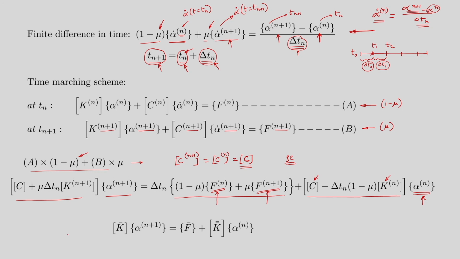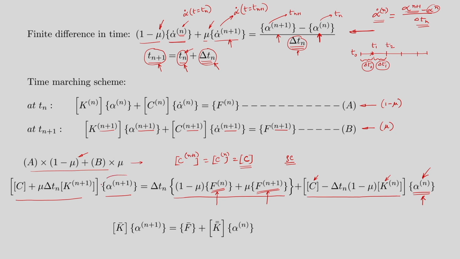So, we only solved for a given load in one step, but here we have to increase the time in steps and at every instant look for the solution. In finding the new solution, we also need to preserve the previous solution alpha n. So, alpha n plus 1 we can obtain from this modified force term and another term that is associated with the previous solution at time instant t equal to Tn.